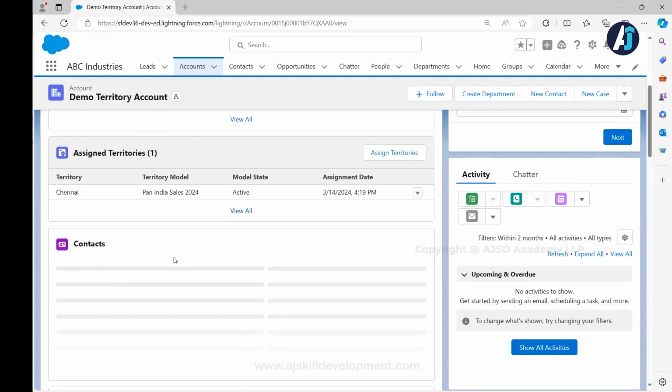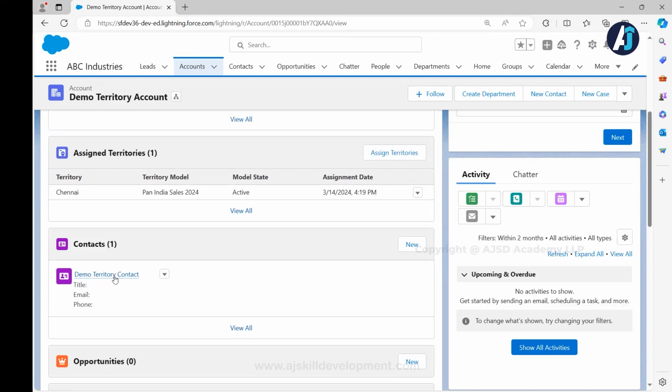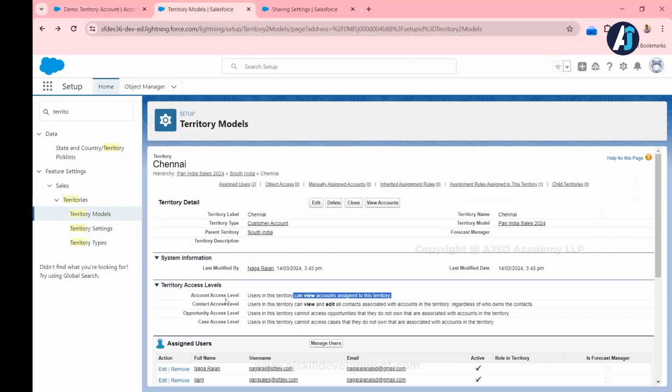So let the page load. Yes, he is able to see the contact record also. Why? How is it possible? If you look at the territory model, contact access level users in the